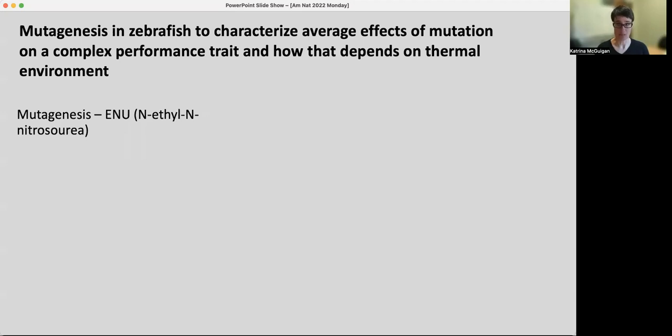The classical approach to looking at mutational effects is to use spontaneously arising mutations, but to look at them requires maintaining inbred lines over tens to hundreds of generations. Those kinds of experiments are not particularly viable in vertebrates like zebrafish, which, even though they're very amenable to being managed and bred in the lab, have a generation time just long enough and space requirements just large enough that it's logistically prohibitive to maintain a large number of independent populations over many, many generations.